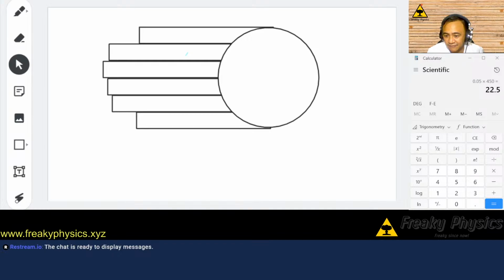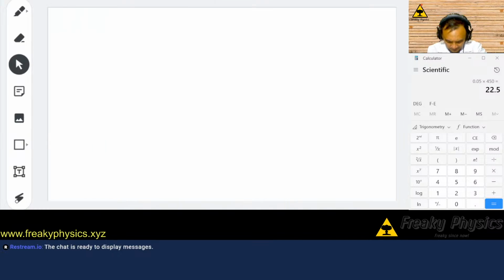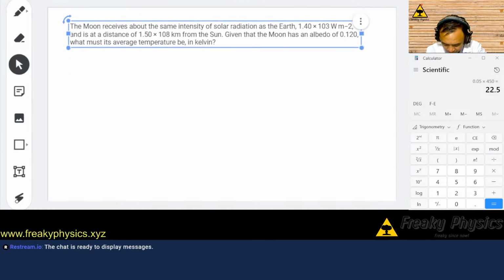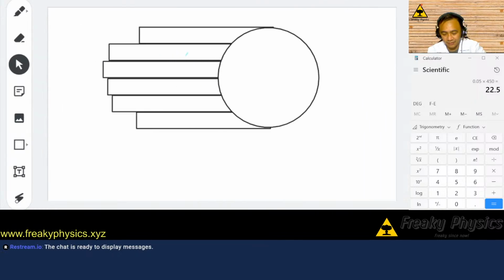Albedo. What must its average temperature be in Kelvin? All right, so this is the particular problem I wanted to go to. Okay, so we'll get to this in a while. I'll just copy the text, copy that and paste it here on the board. All right, so in order for us to answer this,